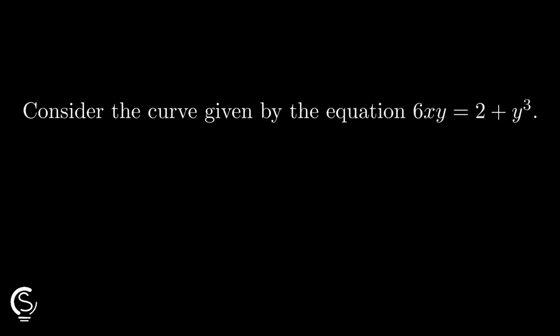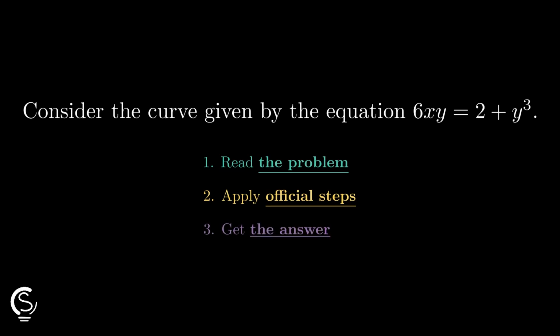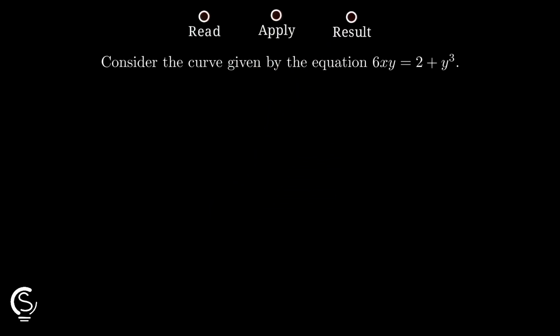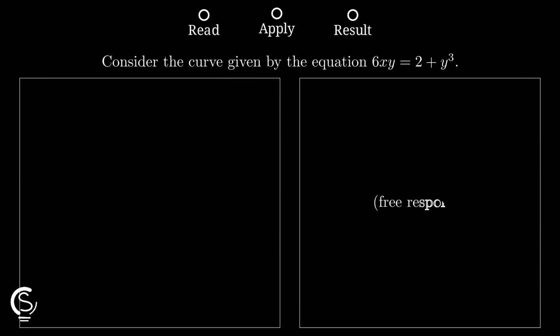Let's go! Part A, differentiating the equation 6xy equals 2 plus y cubed implicitly with respect to x gives 6y plus 6x dy dx. Terms to solve for the derivative yields dy dx times 3y squared minus 6x equals 6y, which simplifies to dy dx equals 2y over